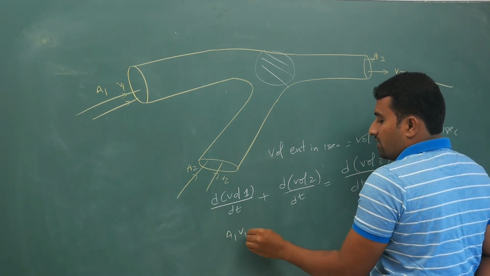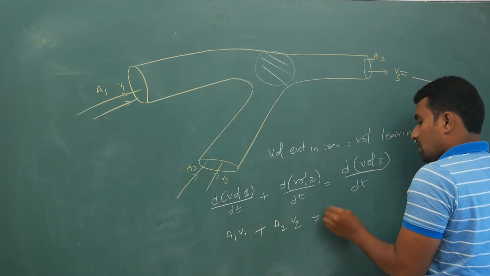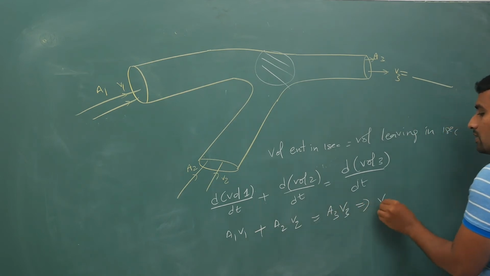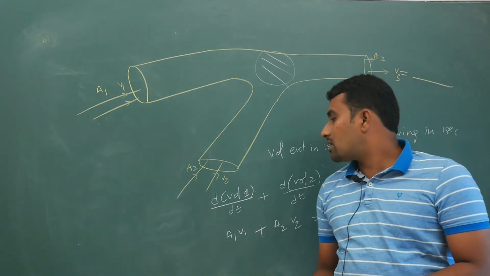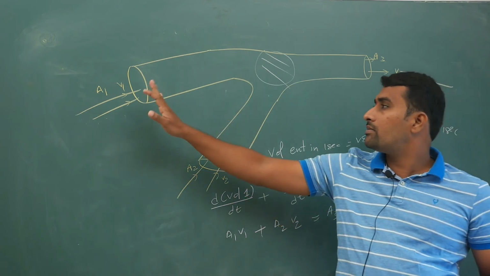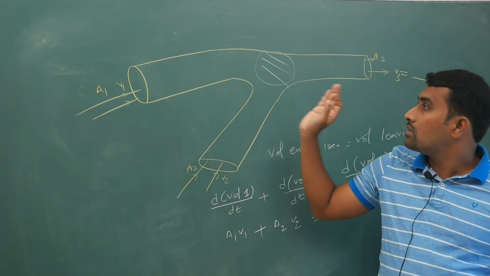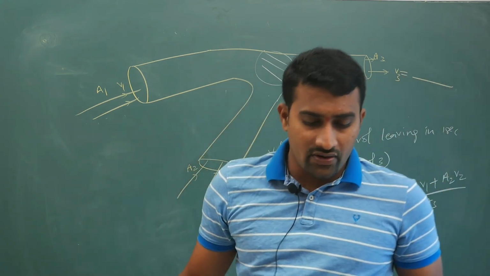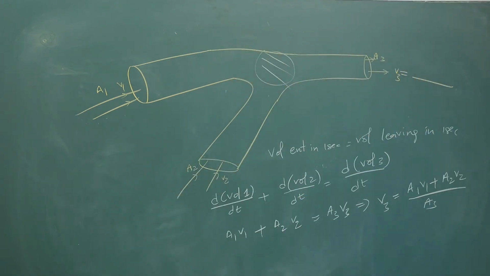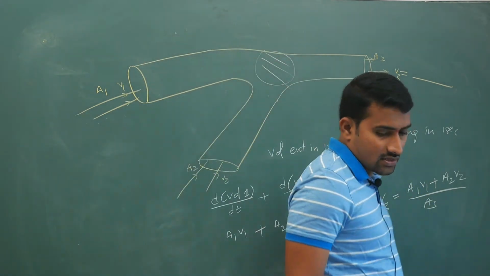So that will give you A1 V1 plus A2 V2 is equal to A3 V3. From here your V3 is (A1 V1 plus A2 V2) by A3. Like this they will give you, but stick to the basics. Your equation of continuity: volume entering is equal to volume leaving. Like this they will ask simple questions. You will be able to do it. This is your equation of continuity. Much more important points are not required. How much I am teaching is more than enough in this equation of continuity part. So let's not waste time, let's move ahead.